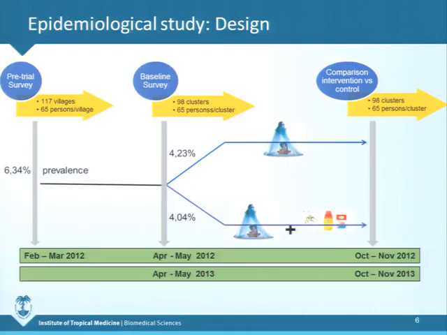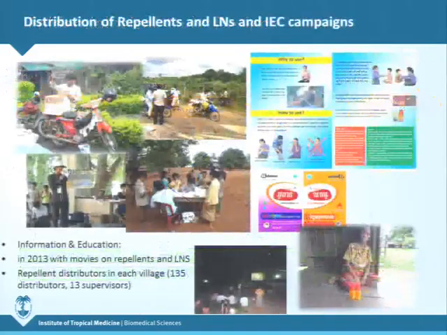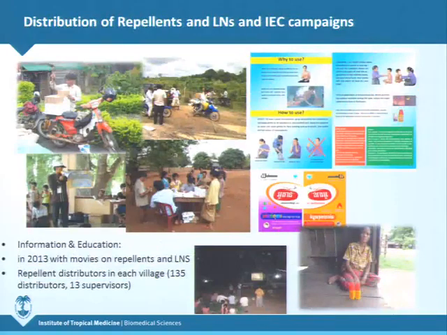So this is based on a population of about 40,000 inhabitants, 20,000 for the control and 20,000 for the intervention. So this implies a very good system of repellent distribution and distribution of long-lasting nets. So all the people receive a long-lasting net, about 1 net per person, and the distribution of repellents was done